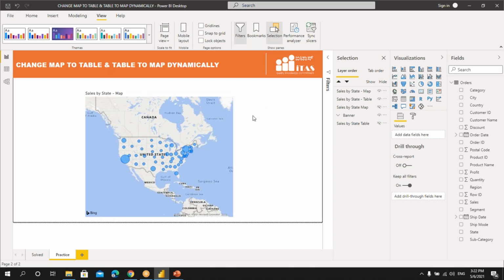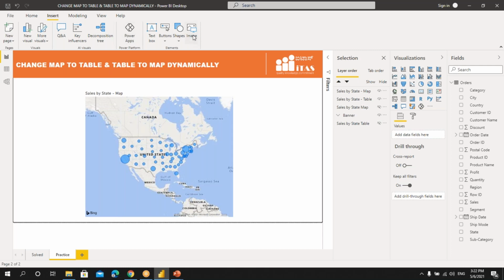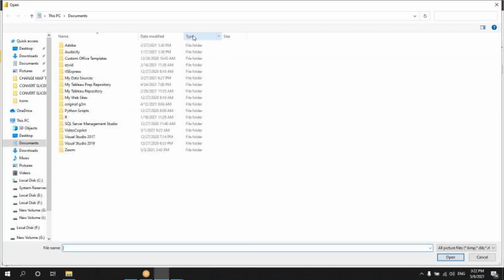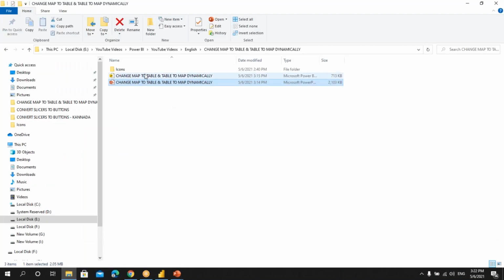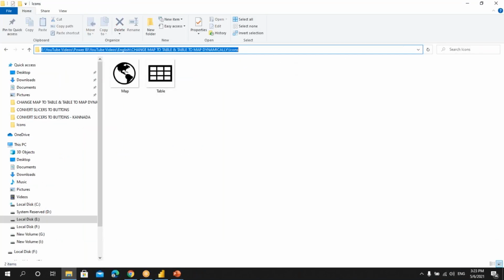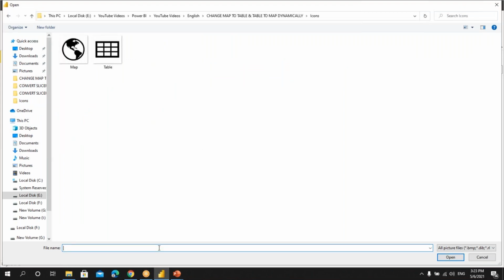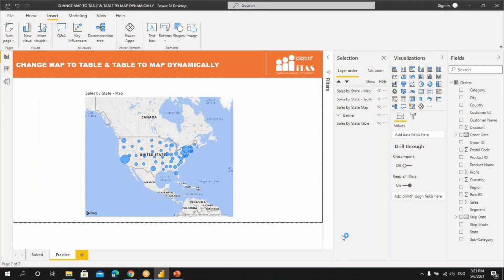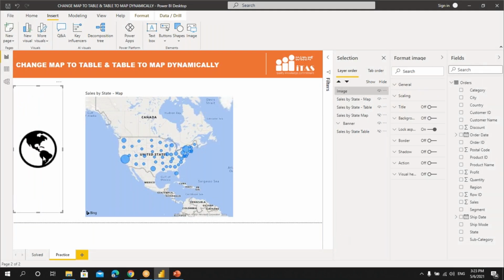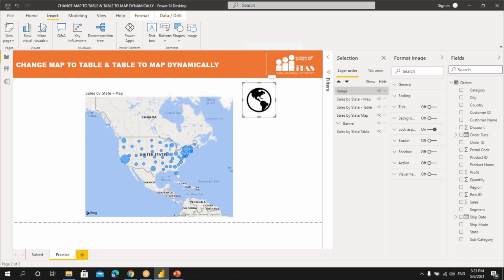Next is getting the buttons. Let's go to this insert. Here we have this image. Click on this and we'll go to the path where we have the icons. We'll select these icons. Let's select this map, say open. I'll get the map button here, resize this and we'll place it here.